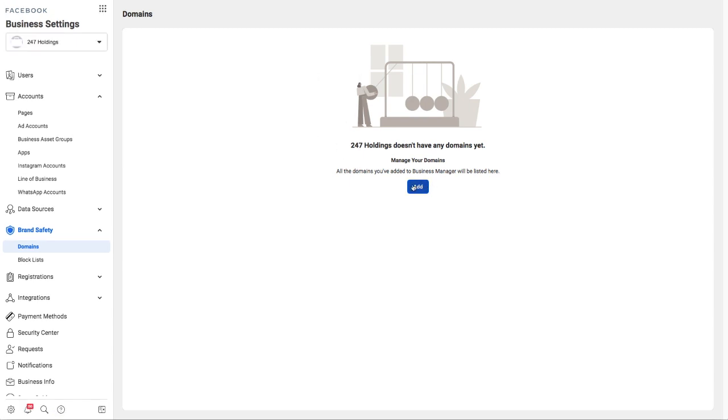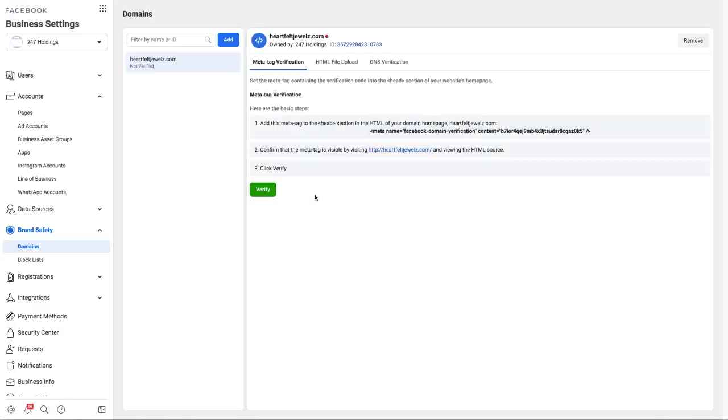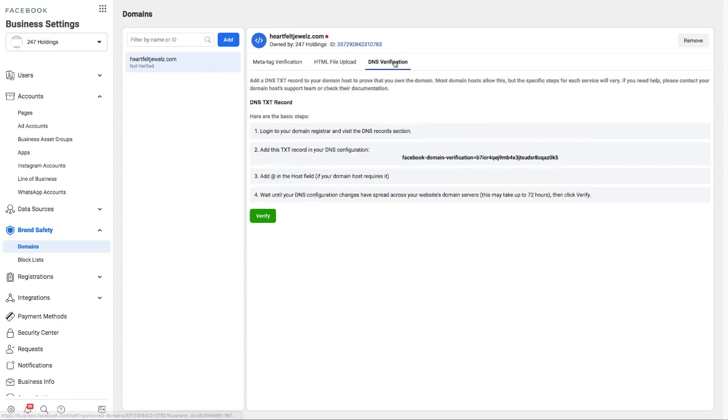Okay, so we're going to add our domain in here, leaving off the www, heartfeltjewels.com, click add domain. There are a few different ways of verifying your domain, but in this case we're already in the Namecheap DNS, so I'm going to come to this tab here and we've got to add a text record here. Right, so all we do is copy this whole line of text here,